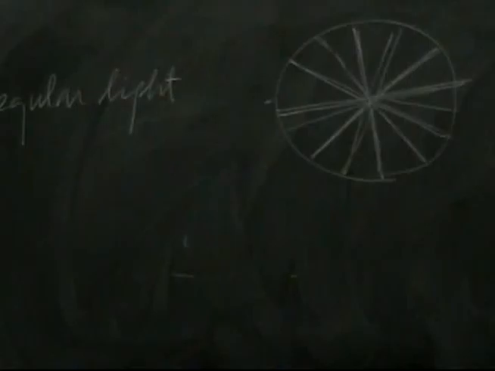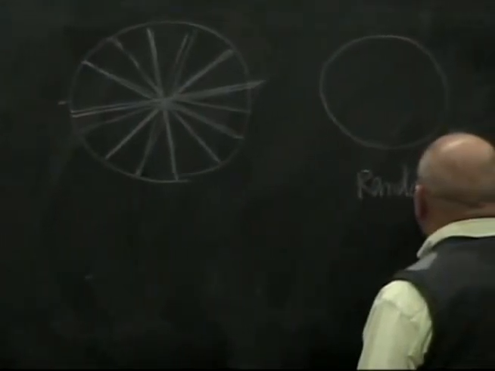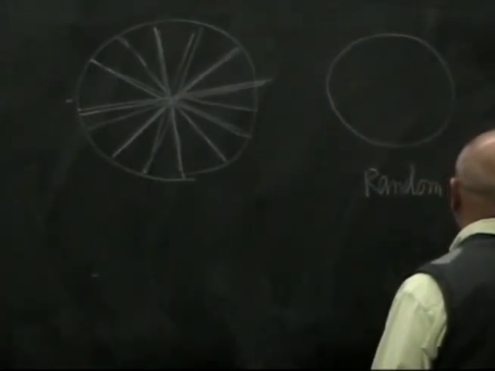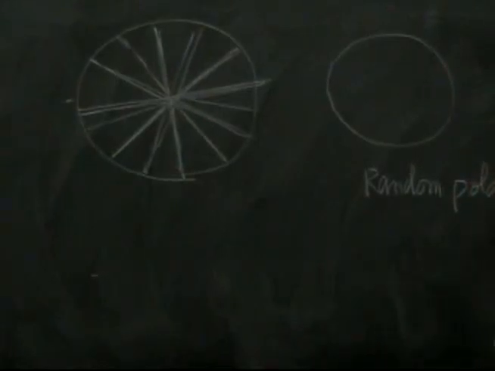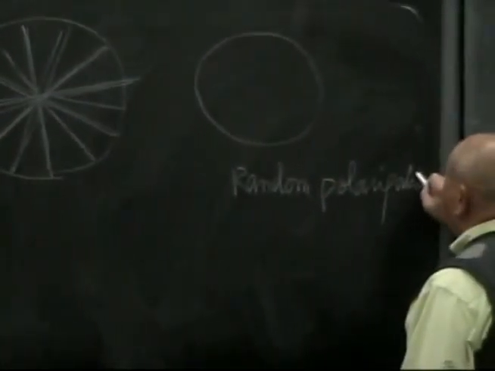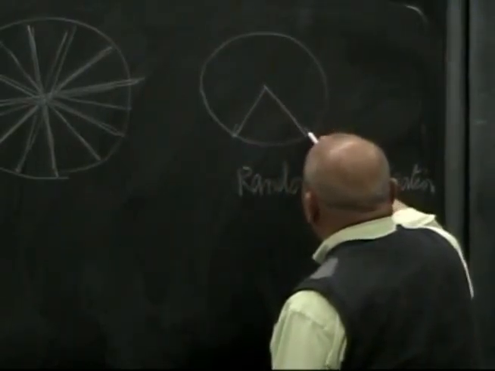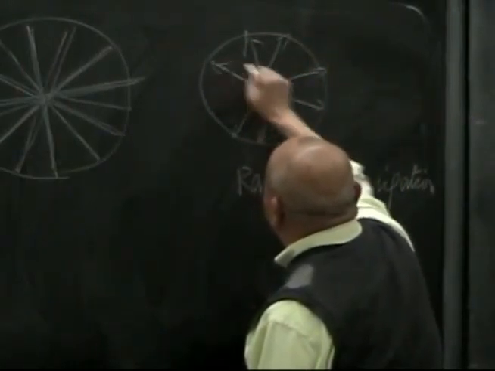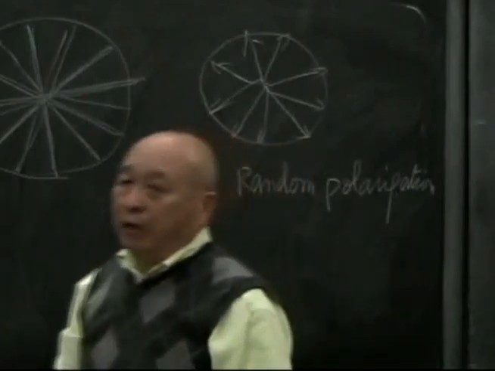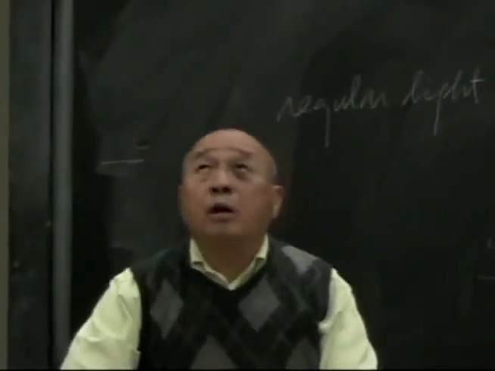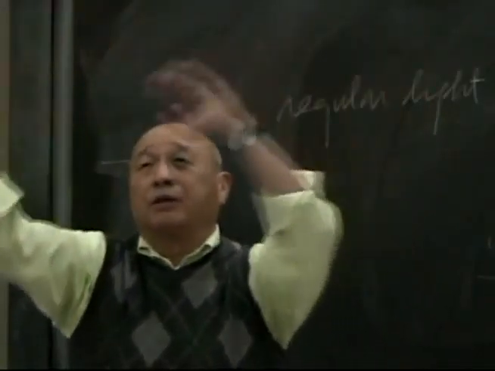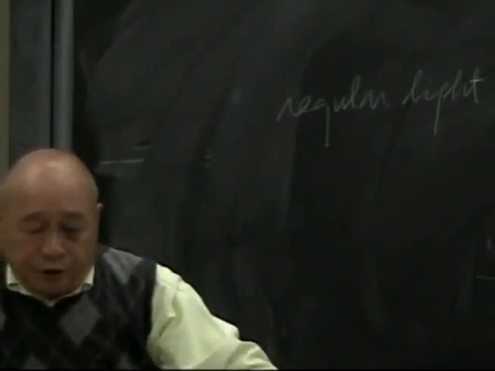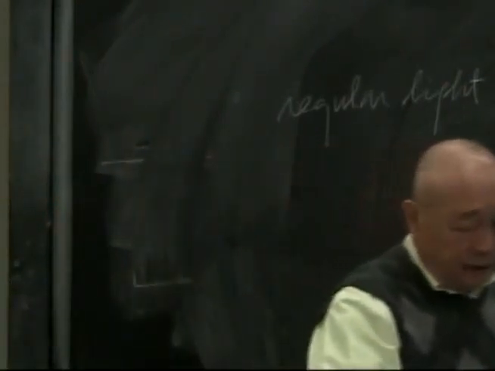So in another diagram, you look at random polarization, which is regular light. In some kind of drawing like this, the electrical vector is oscillating in all different directions. This is called random polarization. Okay, so how do you convert this random polarization light into linear polarization light? Back in 1980,